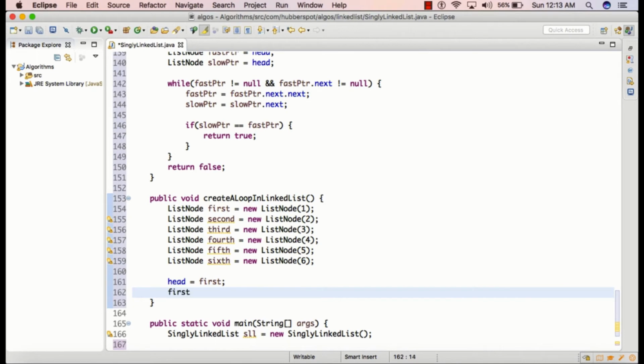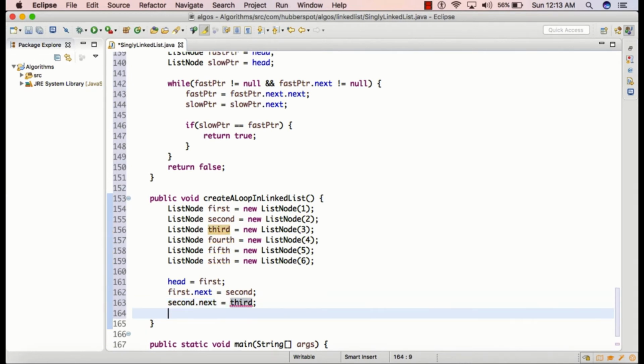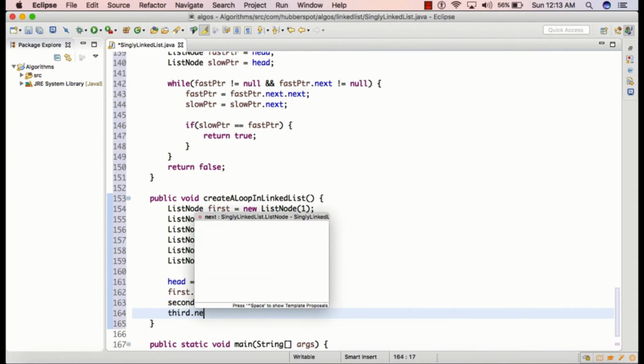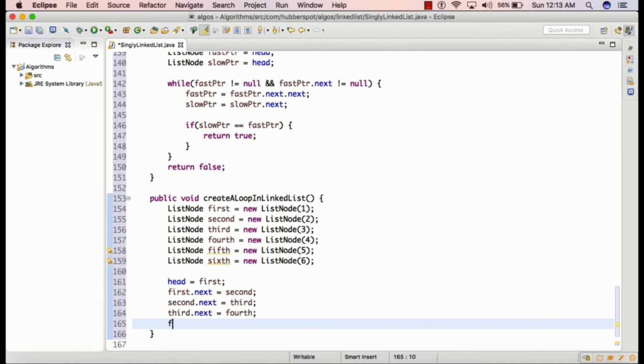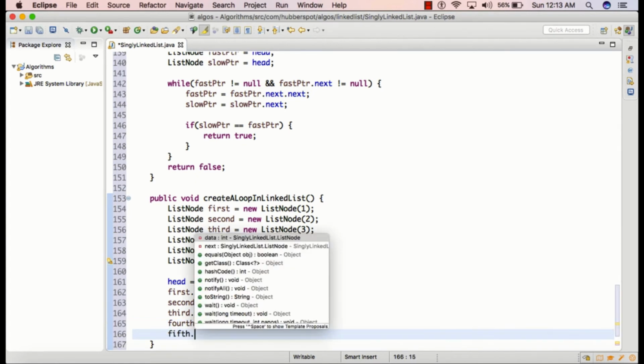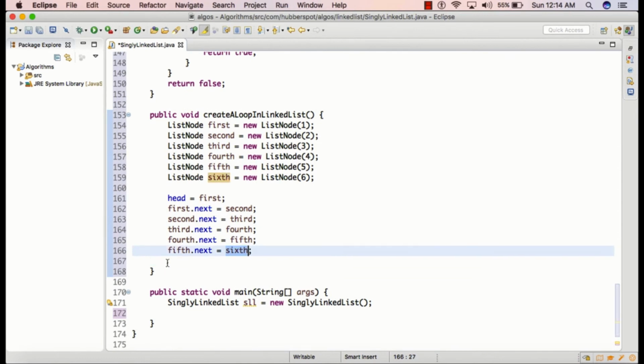And we also know that first next was second, second next is third, third next is fourth, fourth next is fifth, fifth next is sixth, and in order to create a loop, the example we saw in the slide was sixth node next refers to the third node.